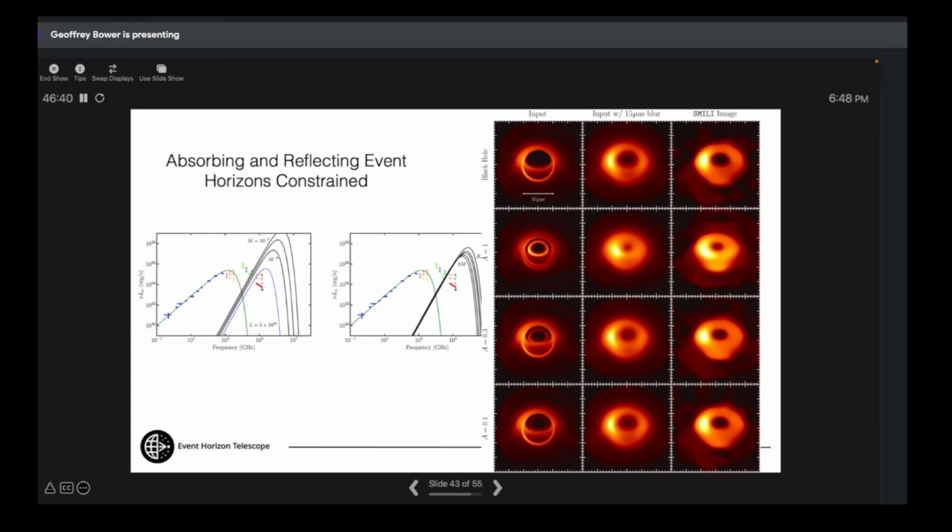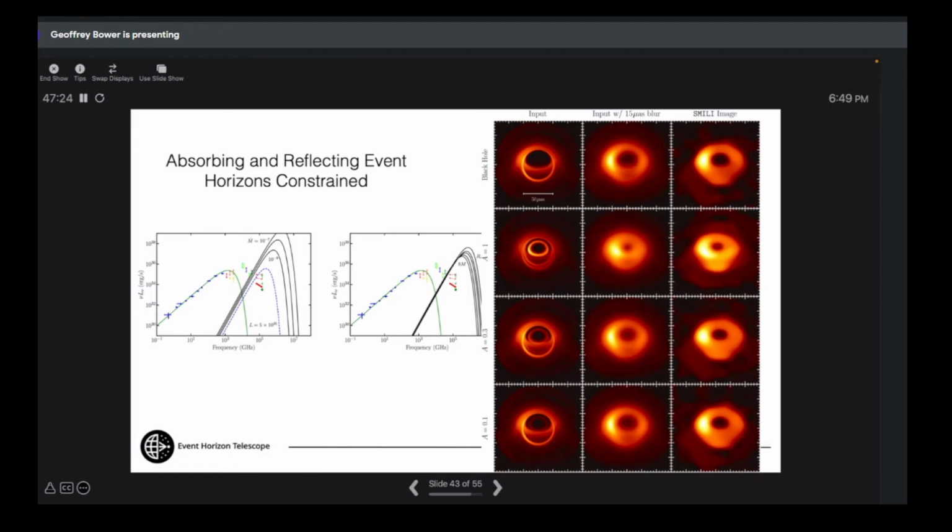Imagine a situation where there's a hard surface. The event horizon is replaced by a hard surface, material rains down on it, and that surface heats up as a black body. And so that produces emission that will appear in the ultraviolet or the X-ray. Our EHT measurements set a size scale, an upper limit on the size of that surface, and so that affects the overall temperature that you can predict, and we can show that any plausible model is inconsistent